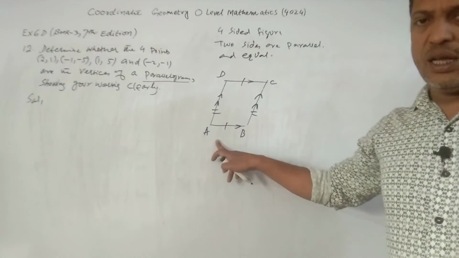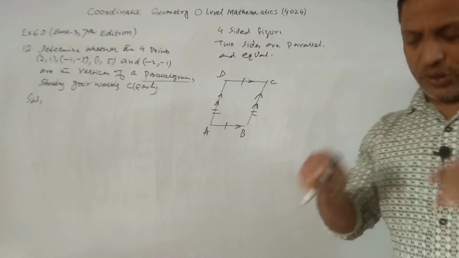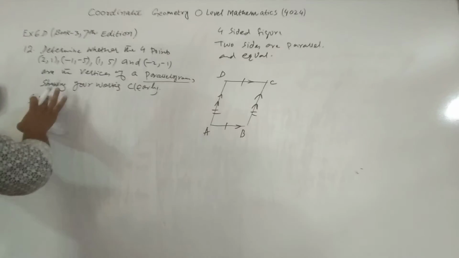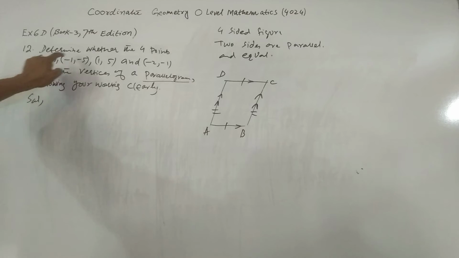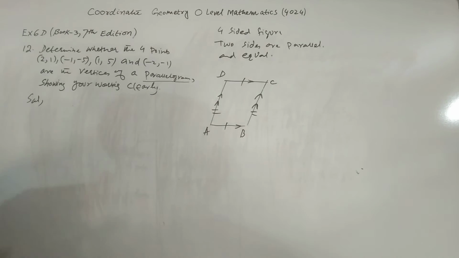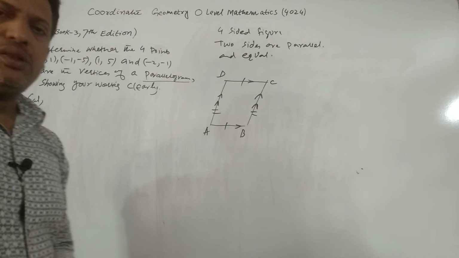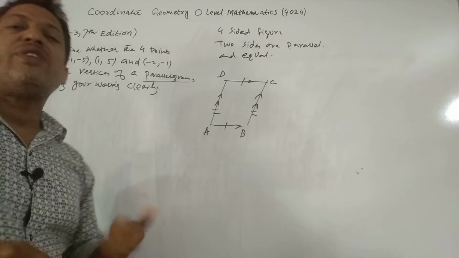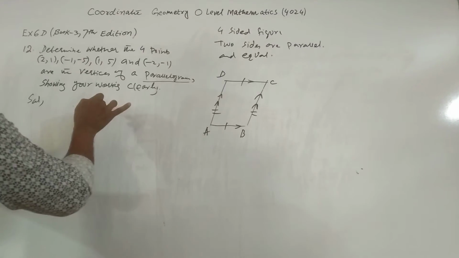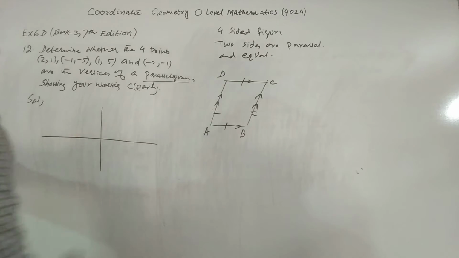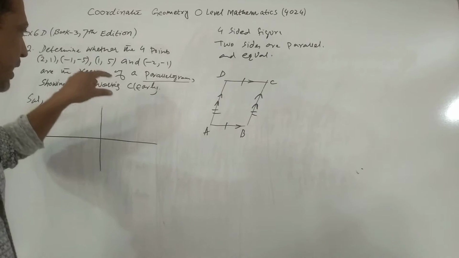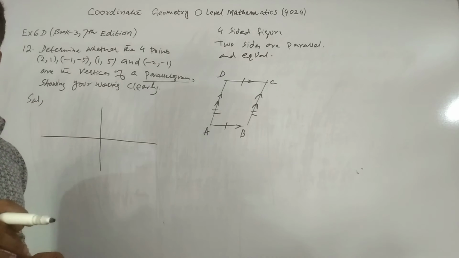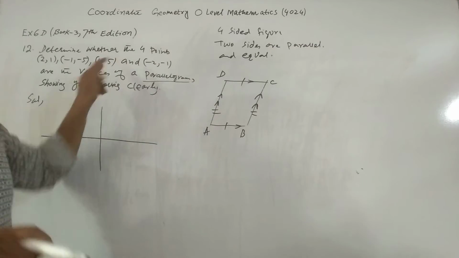Now in this question we have to check whether these 4 points are the vertices, meaning the corners, of a parallelogram or not. Very easy. I will draw these 4 points on graph paper, not accurate, not to scale, just to show which point lies on which side of the graph. Why I am doing this, I will tell you after this question. Otherwise your answer would be wrong.